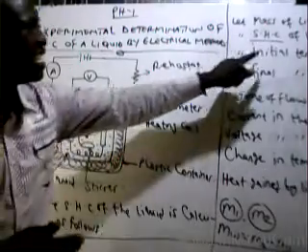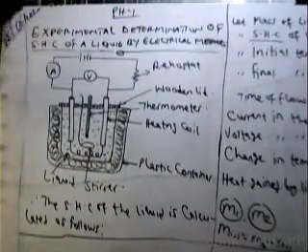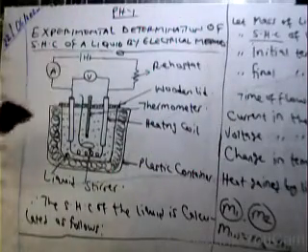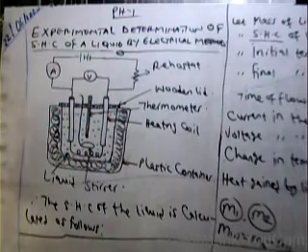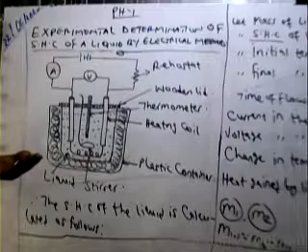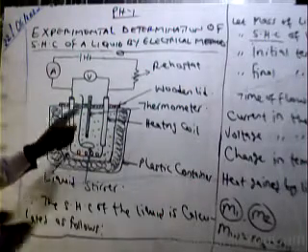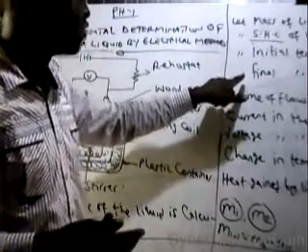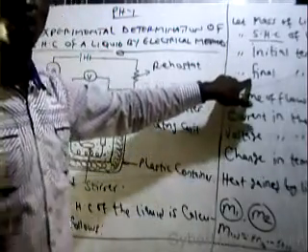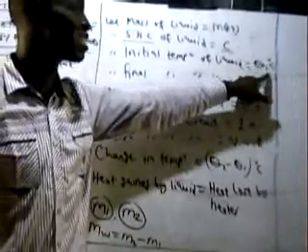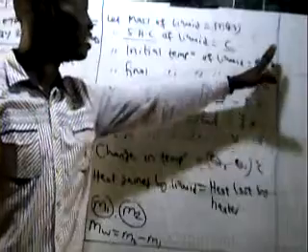Now, don't forget we've taken the initial temperature before we allow the electrical energy to flow through the circuit. After some minutes, let's say after heating the water for about 3 to 4 minutes, the temperature of this water must have increased. Then we use our thermometer again to find the final temperature of the liquid. We record the final temperature of the liquid as θ2. The initial temperature of the liquid, we record as θ1. All of these are in degrees Celsius.